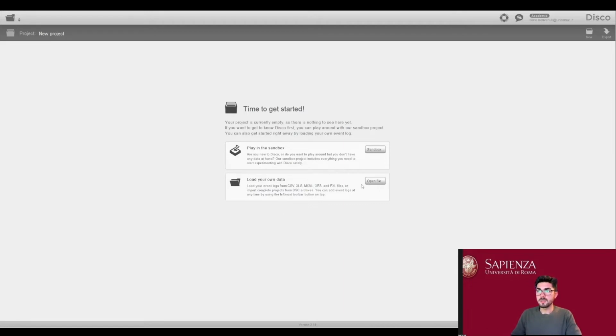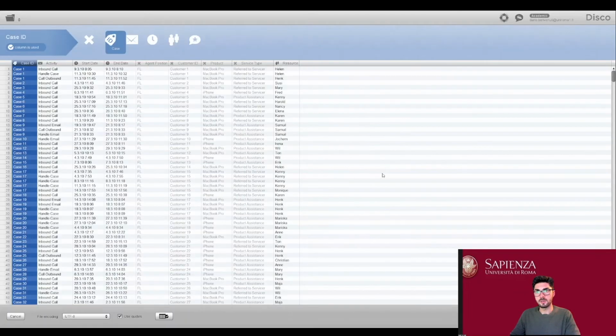As you can see here, we have the possibility to load our own data set, and we will do just like that. In particular, here I have the Excel that I showed you earlier. I can open it, and this is a very important step of discovery, in which we need to tell Disco which column is the case ID, which is the activity, and so on.